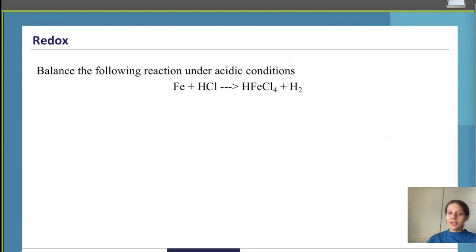So we'll start with our oxidation states or oxidation numbers. So our Fe, our iron, is just sitting there by itself and doesn't have a charge. So we assign it a 0. Then for our HCl, so we can think of this, might actually get up a